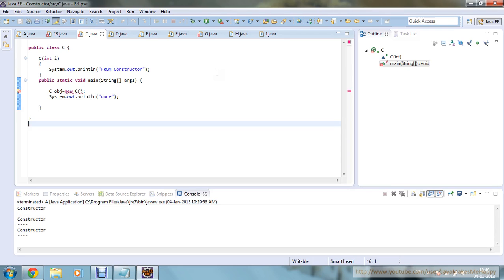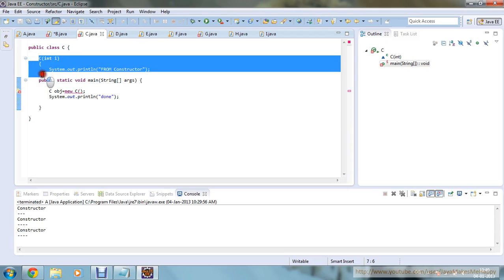Now what is happening actually over here? As you can see that the constructor c is undefined. We have not defined any default constructor. If you are defining any constructor, then you have to define that. If you are not defining anything, it can still run, but if you are defining any constructor, then a default constructor must be declared. You can't proceed without declaring the default constructor and writing another argument type